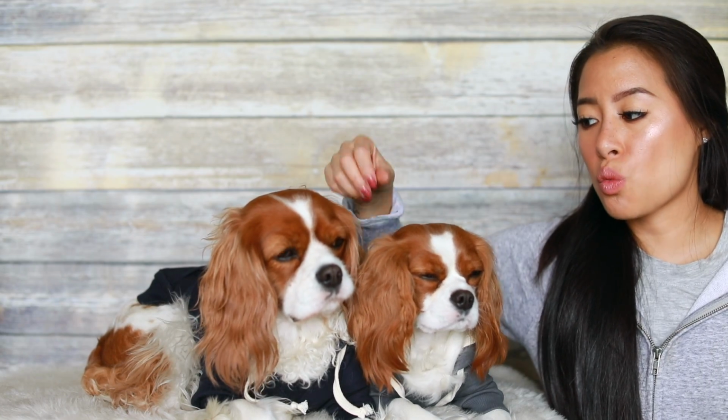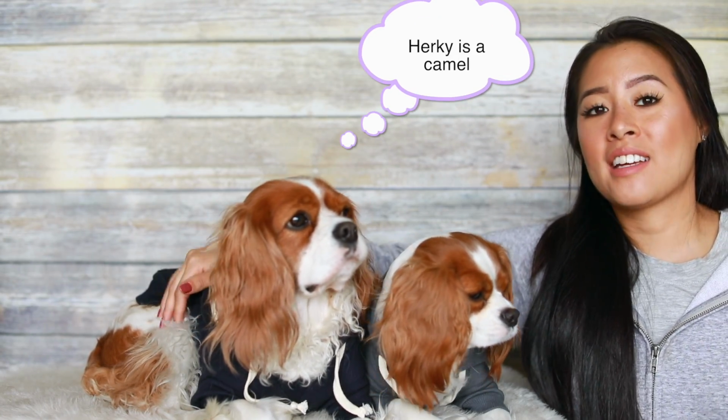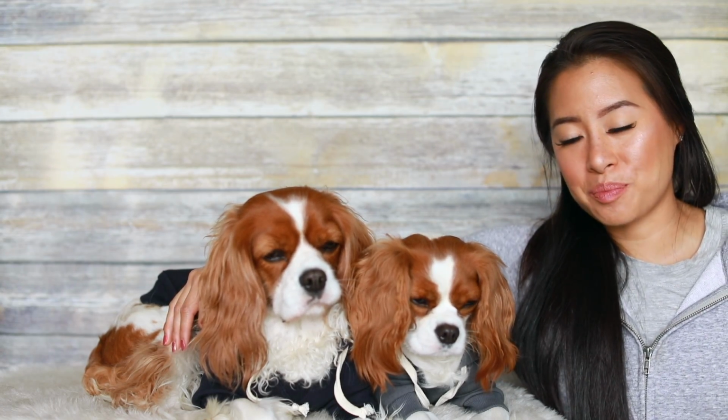It's so adorable. Anyways, a few tips and tricks on how to encourage eating for picky eaters like this little lady here. This also helps for pups like Herky who are quite dehydrated. Herky doesn't drink as much water as she should. So for each meal, we add about a quarter cup of warm water to their food. This will help Milton because it softens up her food a bit, and it helps Herky because it has water, so it encourages hydration. If your pup doesn't like the warm water,